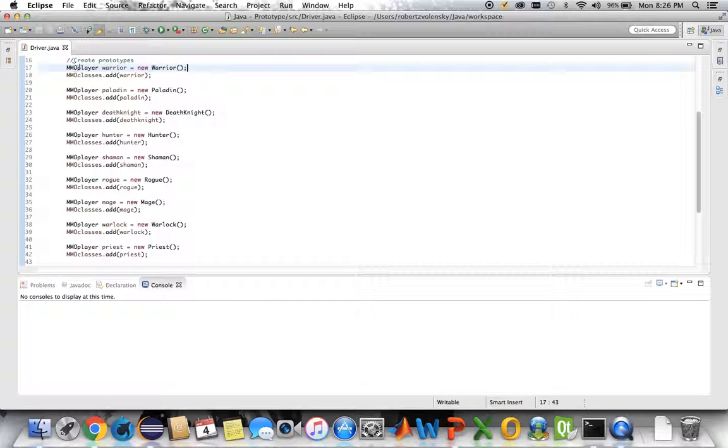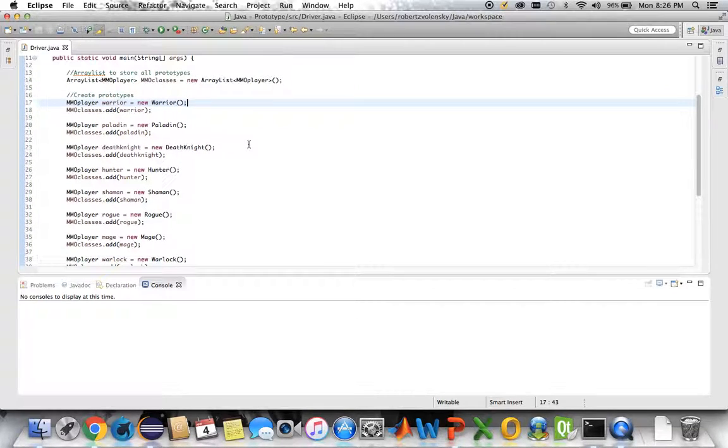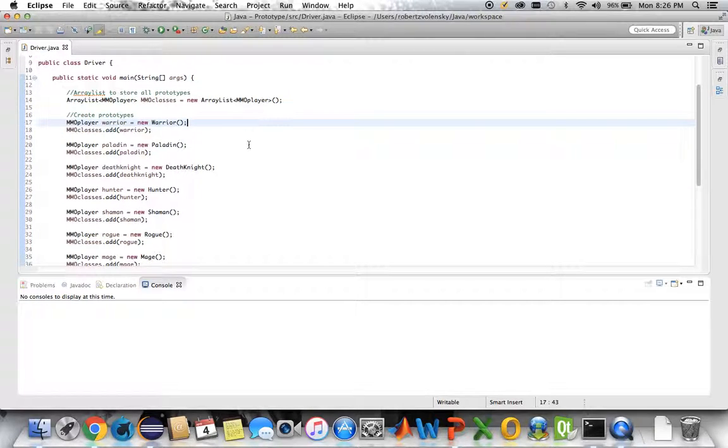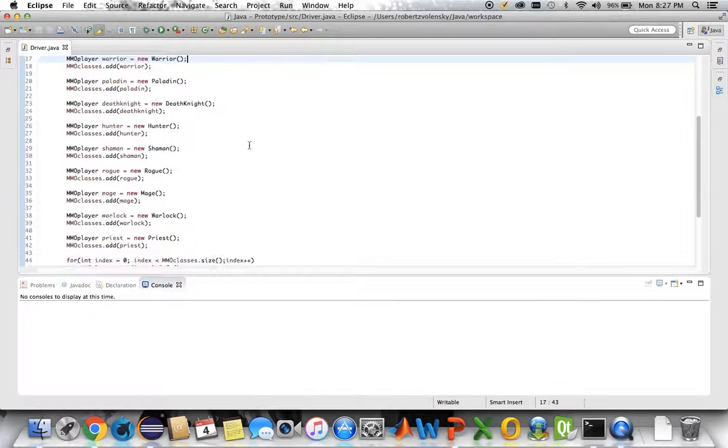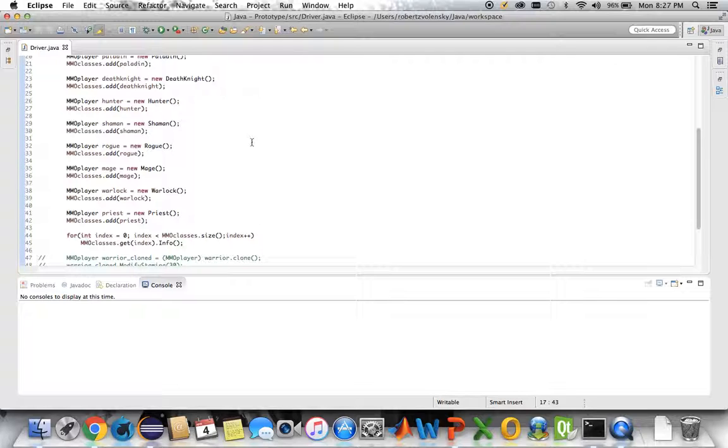So here's the abstract class and then the concrete class. And then here I'm basically going through and spitting out all the information for each prototype. So if I run this,